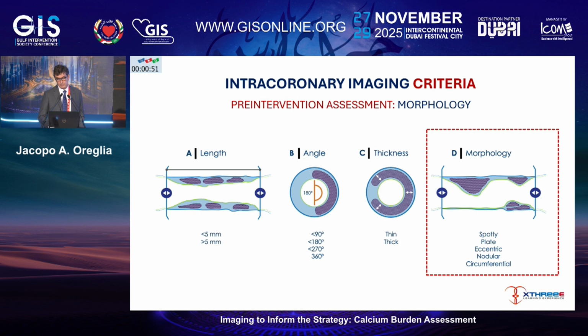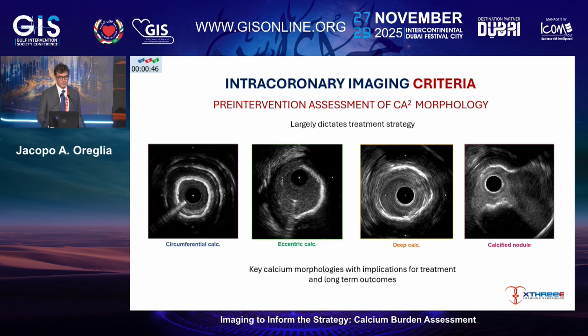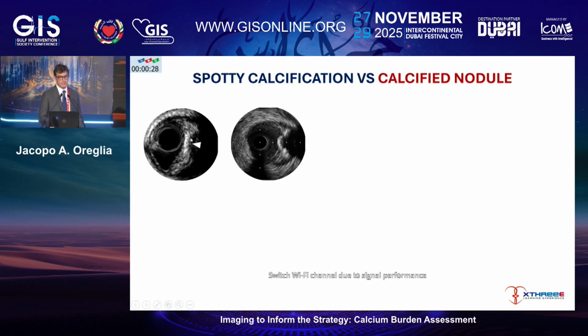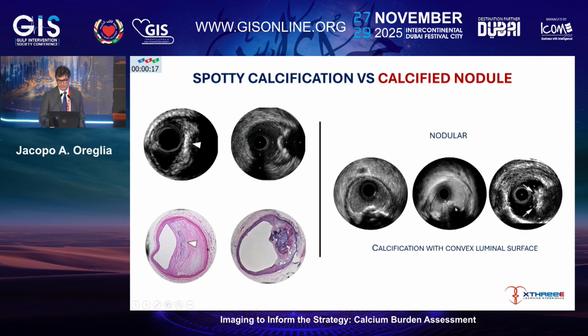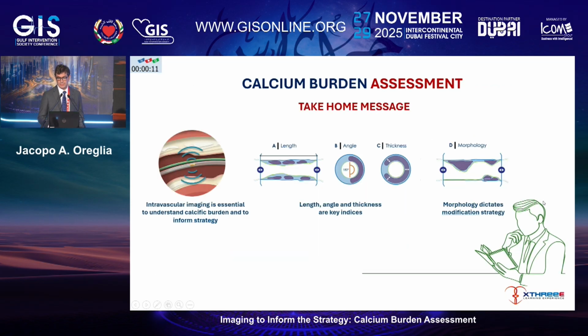And we go towards the end of this lecture, talking about morphology, which is a qualitative assessment of the calcification. So we said that we can measure a lot of things, but also we can see if the calcium is circumferential, is eccentric, if it is deep, and also if we have nodules, like in this case, because they affect long-term and also short-term outcomes. We have to differentiate between a spotty calcification, like in this case, and the nodular calcifications, like in this case. Nodular calcifications are more difficult to treat, as you probably know, and nodular calcifications are calcifications with a convex luminal surface that can be easily identified